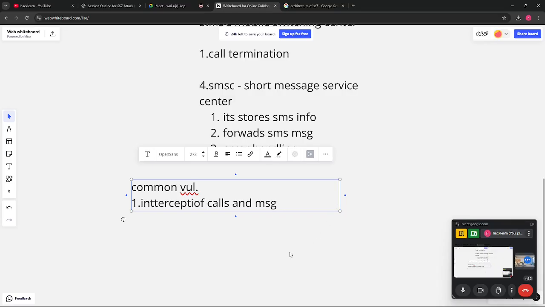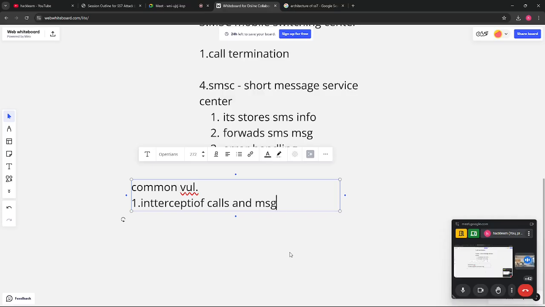SS7 allows call setup and SMS routing through MAP, the Mobile Application Part messages. An attacker can use an Any Time Interrogation, or ATI, command to intercept the communication. Even by using simple Wireshark, anyone can intercept calls. Right now, few service providers use some basic level of encryption, and even that is not to a sufficient extent.